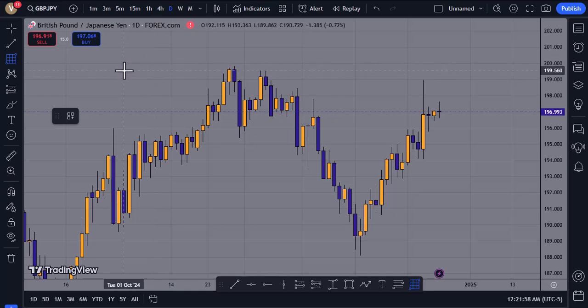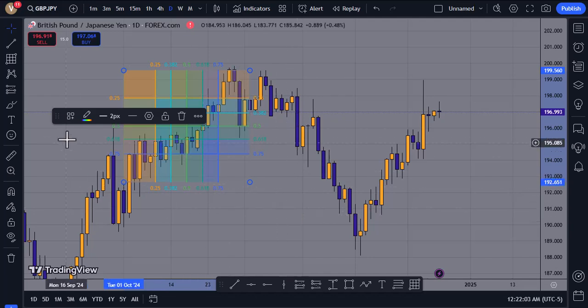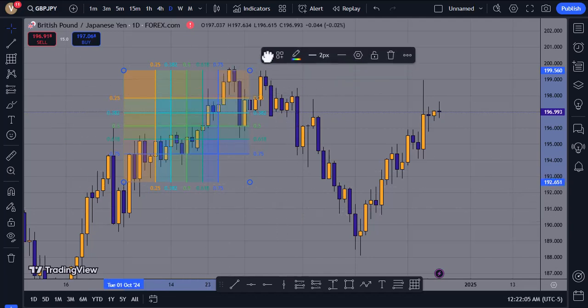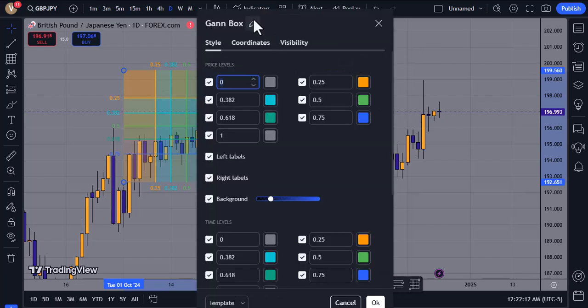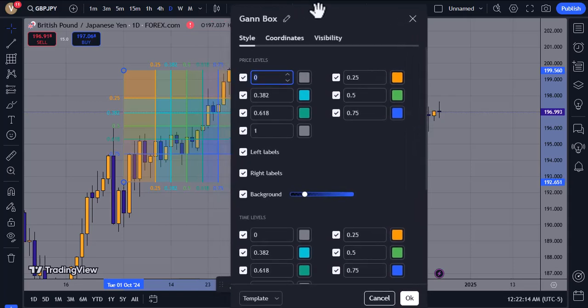What I'm going to do now is that I will draw a Gann Box. This Gann Box is not yet set. That is why it's just looking so scattered. A whole lot of things is happening which are not even clear to me. So I'll go to the setting. On this setting, okay,